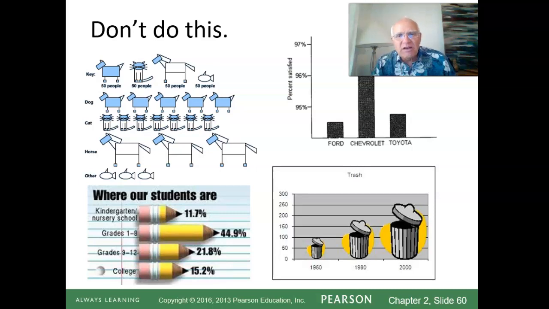So we were talking about these examples of poorly constructed graphs because they are distorting the truth, and all of these are examples of that. You really should use different shapes to describe the same thing because they just tend to distort what's going on.